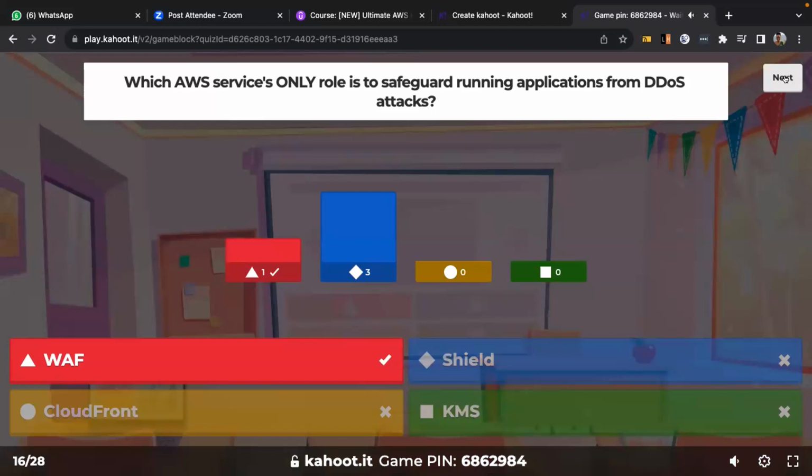Oh, wait. This is not correct. The correct answer is Shield. As I said, if you want to prevent DDoS attacks, you use Shield. But when you want to protect your web application, you can use WAF. So the correct answer is WAF. Sorry, Shield.